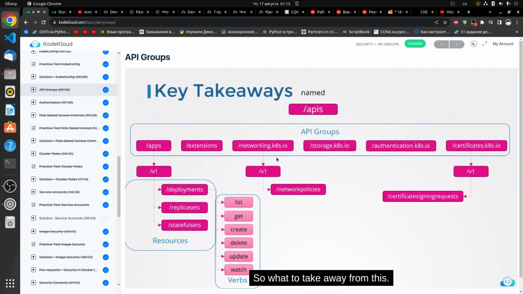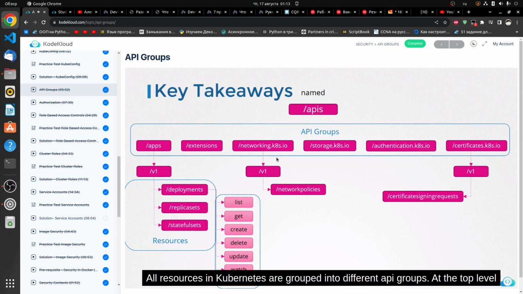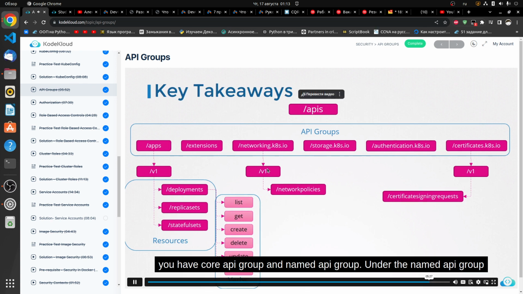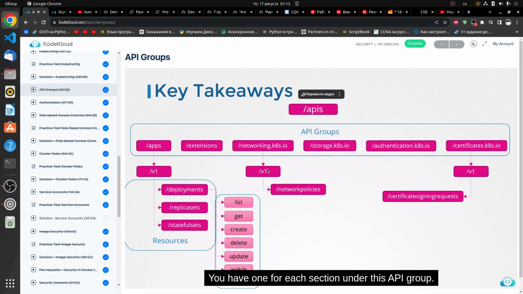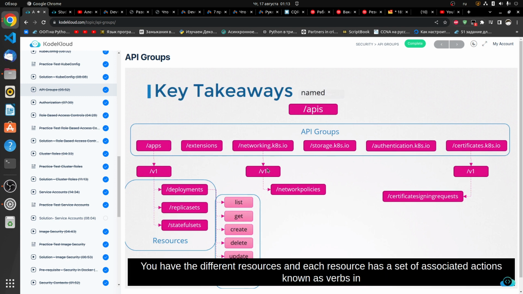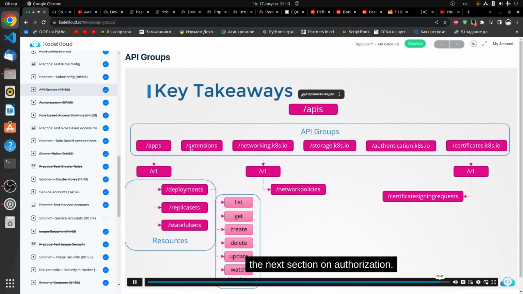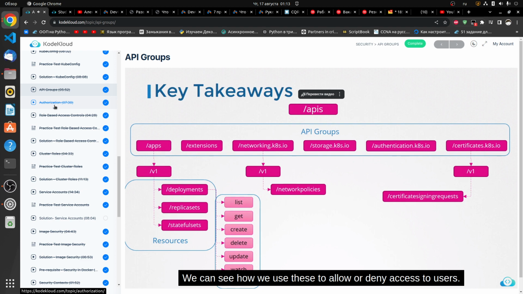So what to take away from this? All resources in Kubernetes are grouped into different API groups. At the top level, you have core API group and named API group. Under the named API group, you have one for each section. Under these API groups, you have the different resources, and each resource has a set of associated actions known as verbs. In the next section on authorization, we can see how we use these to allow or deny access